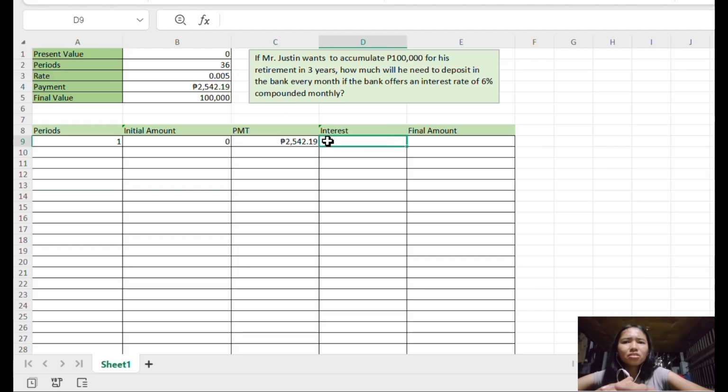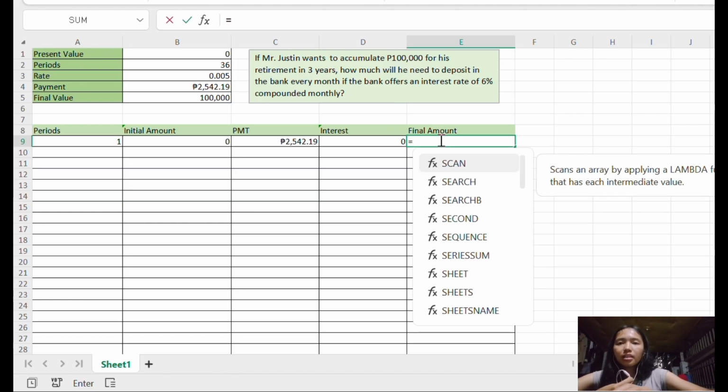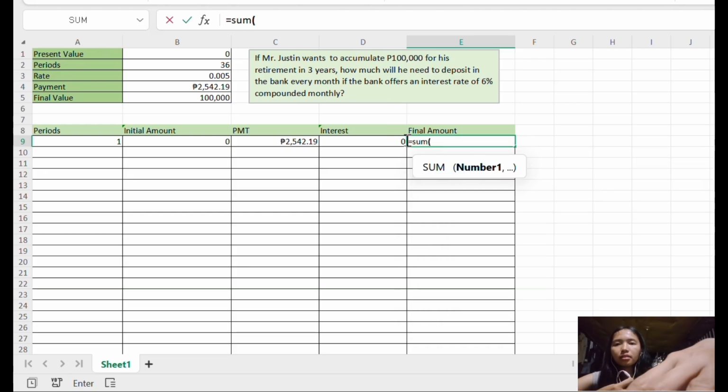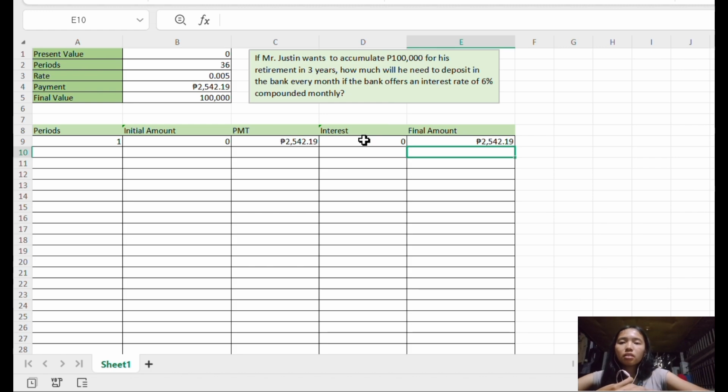Now in our interest, we put an equal sign, then the present value multiplied by the rate, and then enter. Now in our final amount, let's put an equal sign, then type sum and open parenthesis. We put the initial amount, drag to the interest, and enter. So our final amount will be equivalent to